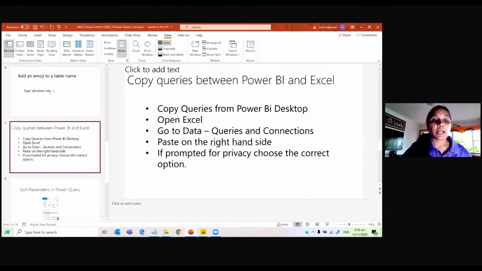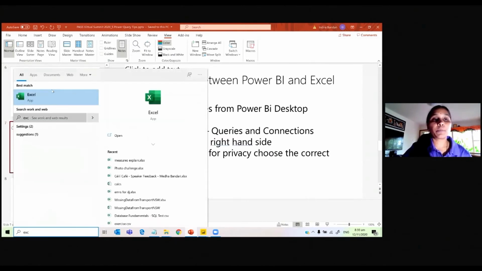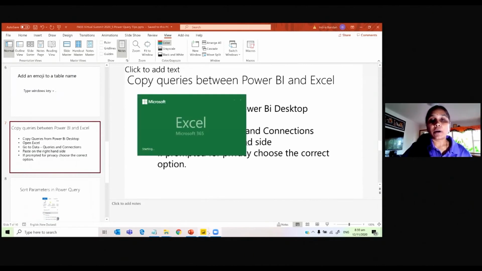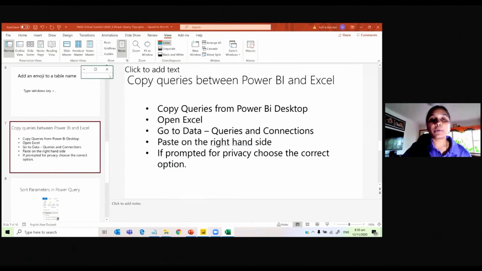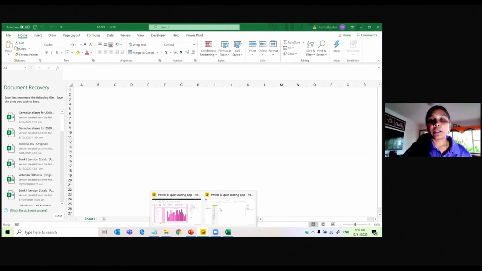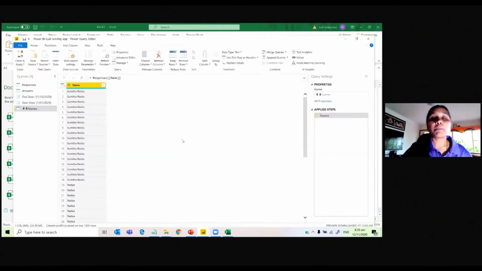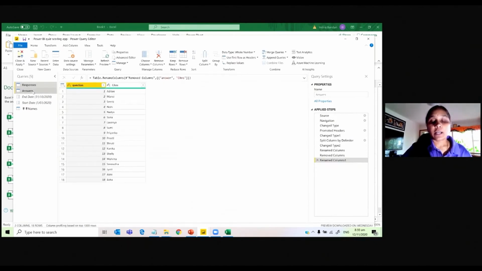copy queries between Power BI and Excel. Oh, my Excel is not open. I'm just going to open Excel. Okay. I'm going to show you how easy it is to copy queries between Power BI and Excel. So here I am in Power Query, and I want to copy these two tables into Excel. So I'll just hold Shift and then right click and copy from the queries pane here,